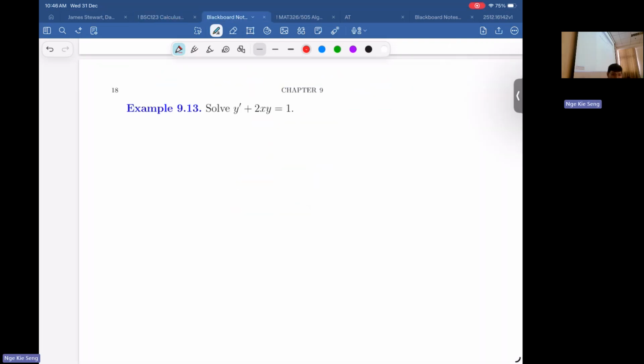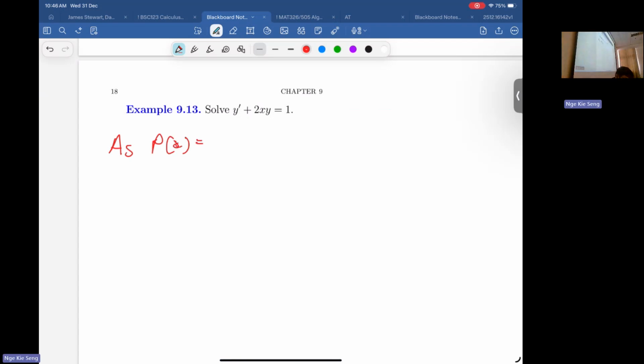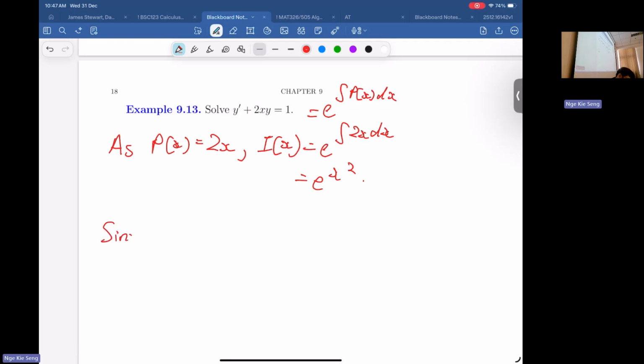Okay, so let's try. Our P(x) is 2x, and from here we can get I(x), which is e to the integral of P(x) dx. Then we get e to the x squared. Next, we need Q(x), which is 1. Then y(x) will become 1 over e to the x squared